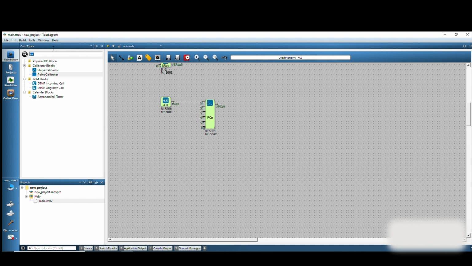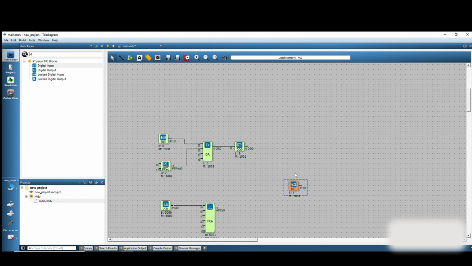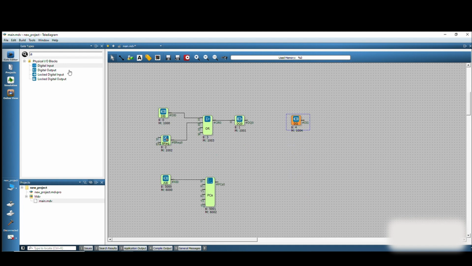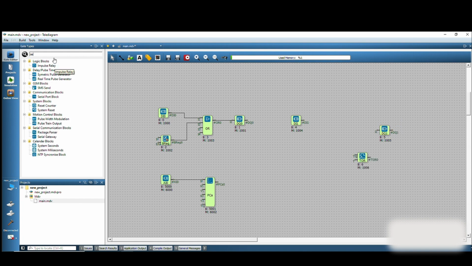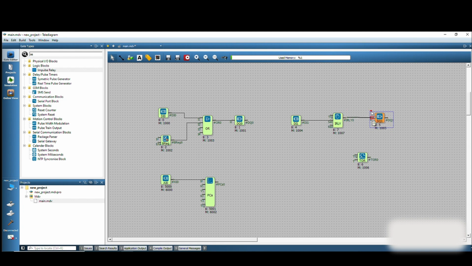let's do another application. In our application, we will activate a digital output with a digital input, and our digital output will remain active for 3 seconds and then return to the basic state. The other will be an application like a set-reset circuit. For this, I added a digital input, a pulse relay, and a delay block on the screen. The purpose of the delay block is to provide a delay for 3 seconds, and the pulse relay is necessary for the set-reset circuit. For opening and closing, we connected the output to